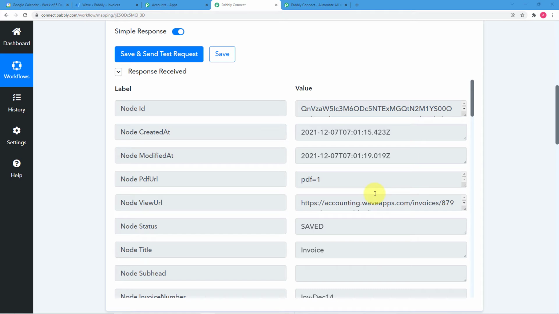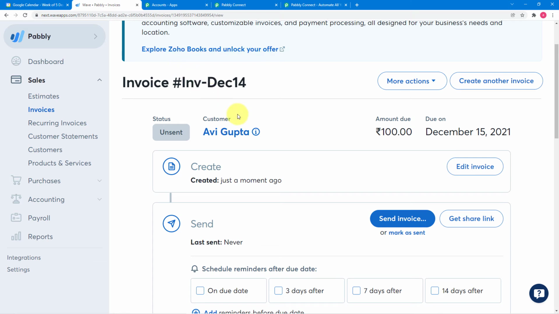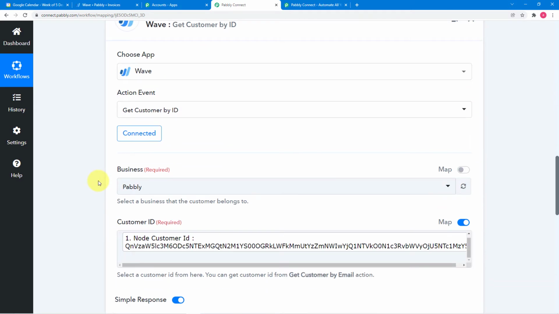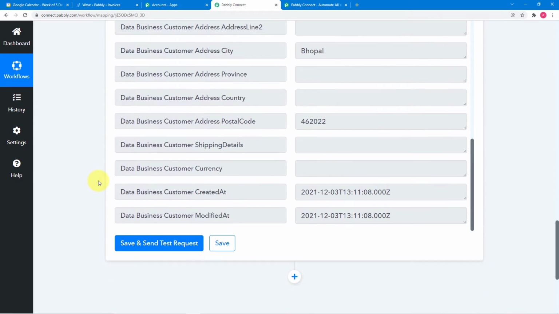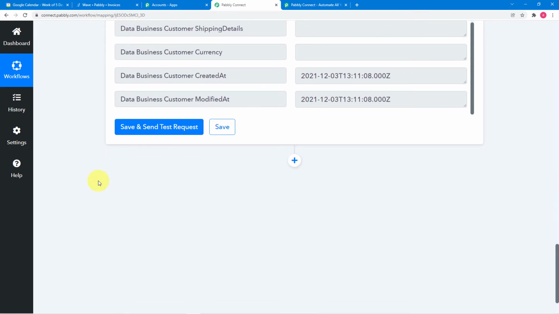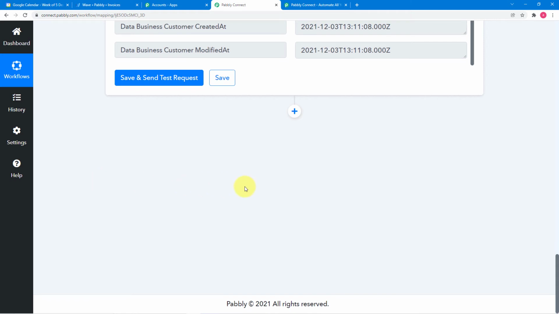Whenever we capture the data of date and time here in Pabbly Connect, it captures the time in UTC format, which is the universally converted time format. Okay. So this time is not in IST or Indian Standard Time format. So we need to convert this time into Indian Standard Time format. For that, what you have to do, so why we are converting this? Because we want to create an event in Google Calendar. Okay, so we need to have the time on which we want to create the event.